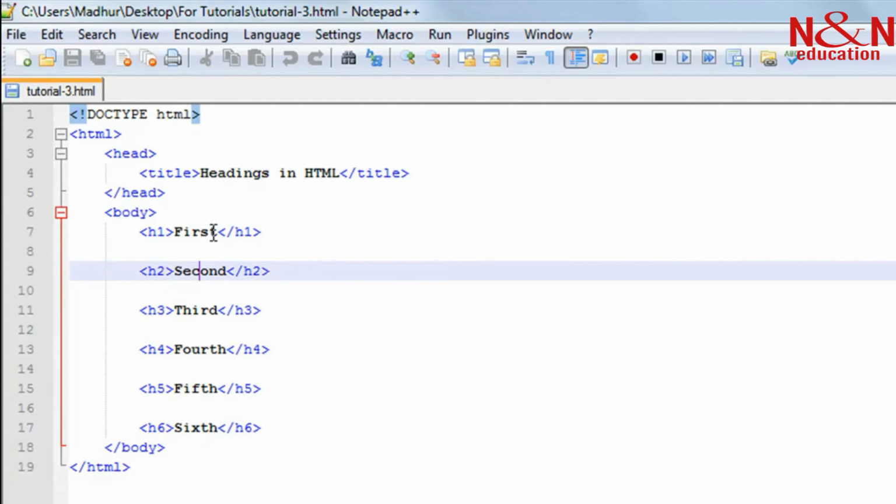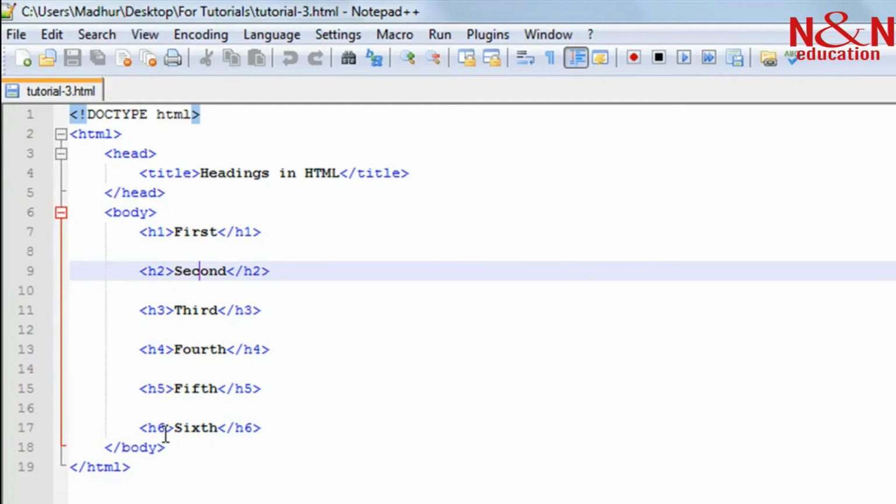And the next lower level heading is the h2 heading, and it's the same as h1 in construction. It's just that you use the number 2 instead of number 1, and that has to happen for the opening tag as well as the closing tag, right? And then similarly you have h3, h4, h5 and h6, and there is no h7, so you have 6 different levels